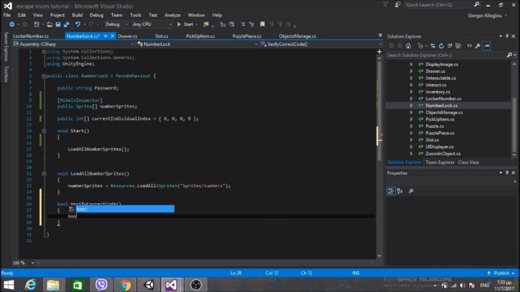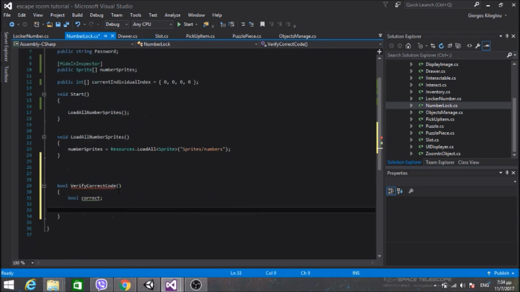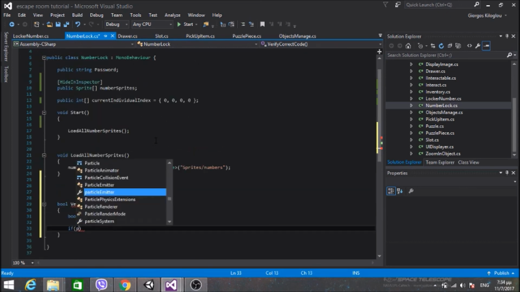So I want every time to check if the user has entered the correct code. So bool correct: create a bool variable and then create a condition. First I want to set it to true, so it will be kind of a flag, and the condition will be if password